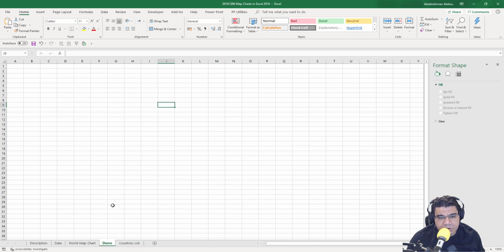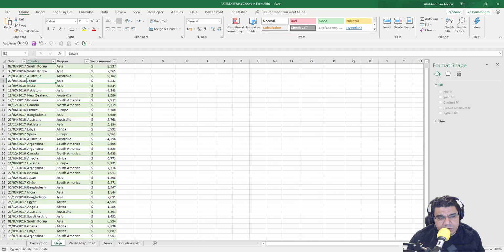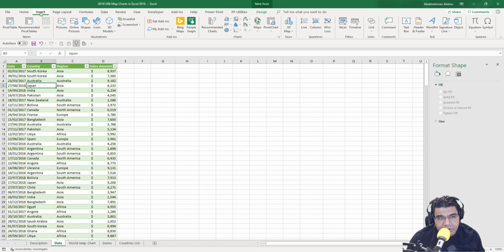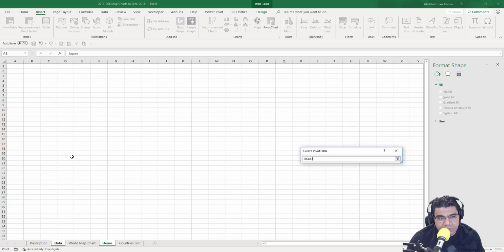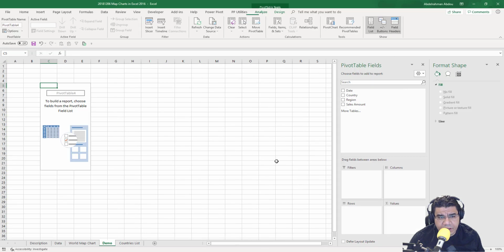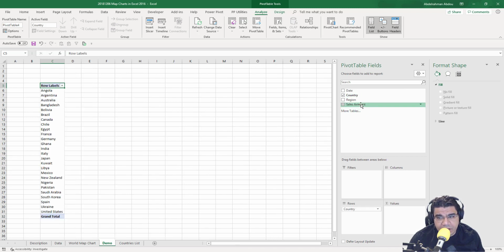Now let's go back to our demo sheet here, and we're actually going to create another pivot table here. This pivot table is going to have the list of countries and their sales. So I'm going to go to my data here and then go to insert pivot table. I'm going to put it on an existing worksheet, which is the demo sheet. I'm going to put the pivot table here, for example. I'm going to click OK here,